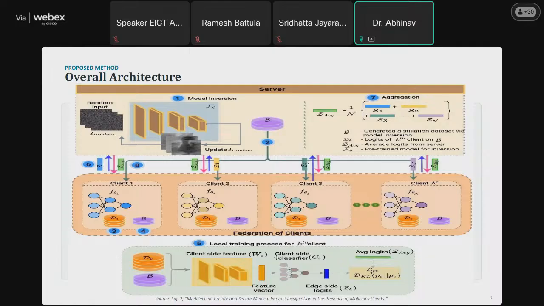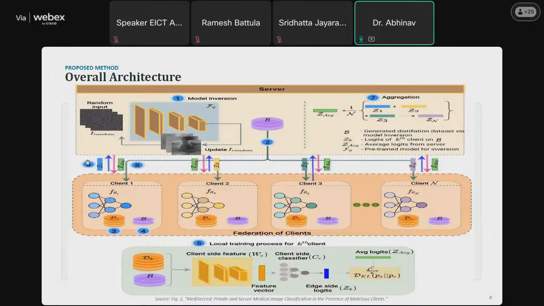Now, moving to step 6. Here comes the biggest innovation of MediSec-Fed. You can see this in step 6. After training, does the client send the model weights to the server? No. The answer is no. Instead, each hospital passes the shared synthetic dataset B through its trained model and computes prediction logits, represented as Z1 here.